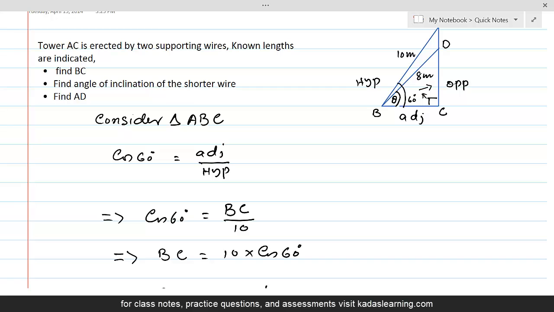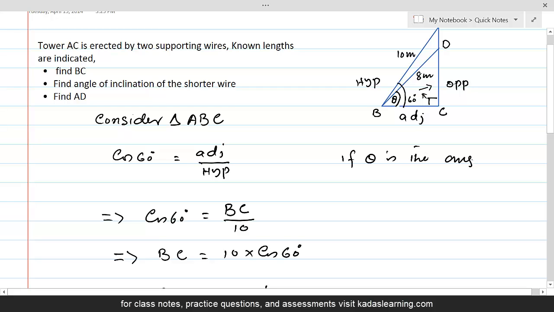If theta is the angle between BD and BC, then cos of theta would be equal to, again, adjacent over hypotenuse, but this time the hypotenuse would be BD, so it is equal to adjacent over BD,